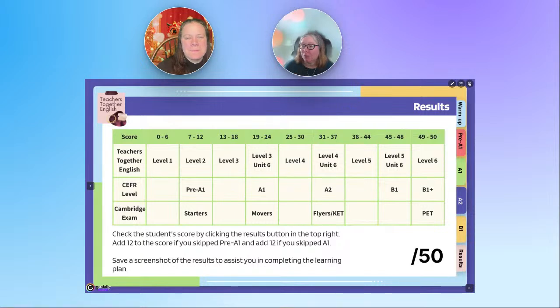But we have 2. So this is not our only assessment. And so our other assessment is actually a writing assessment. And the writing assessment,